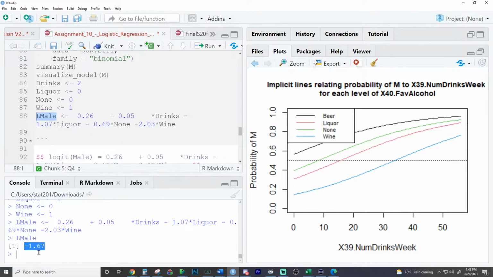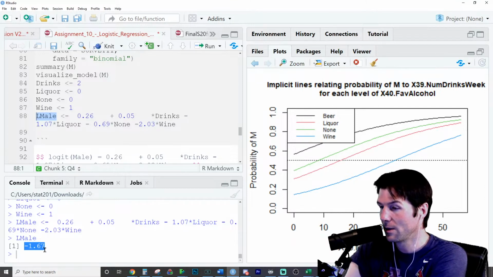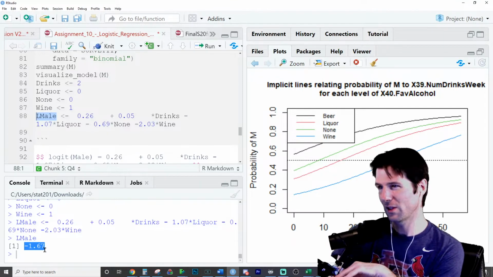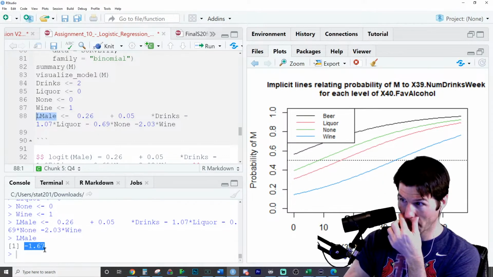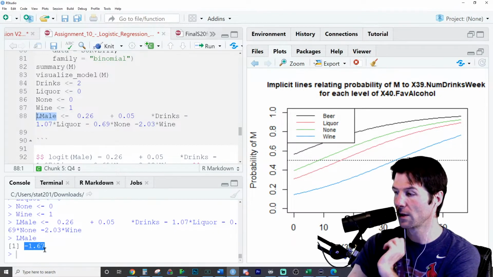The answer to my logit is this. Now you can go ahead and solve it if you know how to solve with the logit and what we do with the logit. I know things about it. I know the probability is going to be less than 50%. I don't know if I could have told you much more. If you told me the logit is negative 1.67, I'd say okay, it's less than 50%.